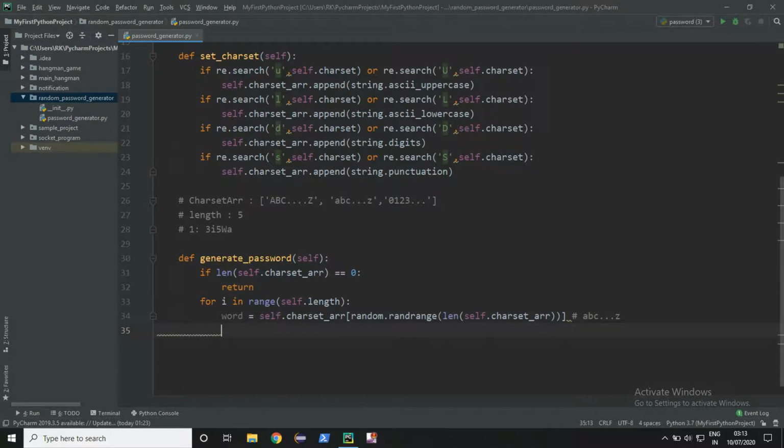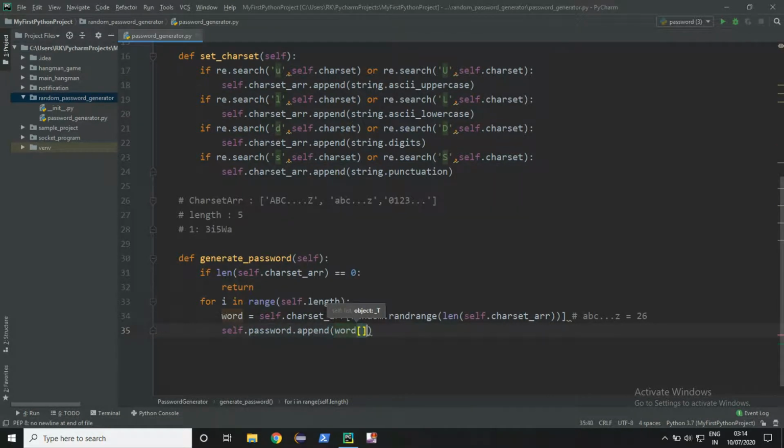Now from this set of characters we need to get a single character. For that, we will again use a random dot range function. Here the length of this is 26. So now we will append this to our password variable, self dot password dot append.